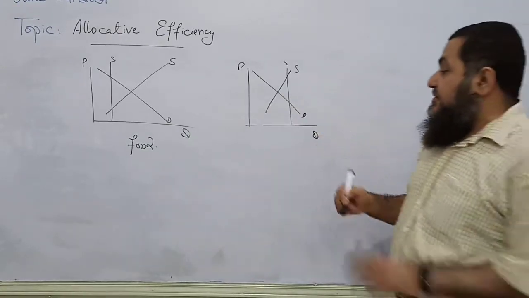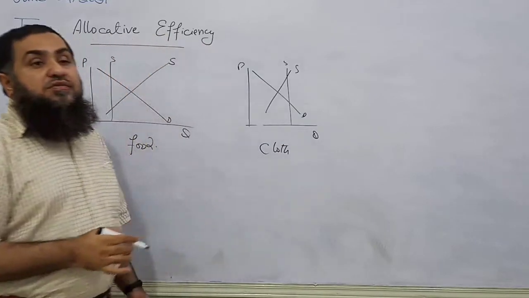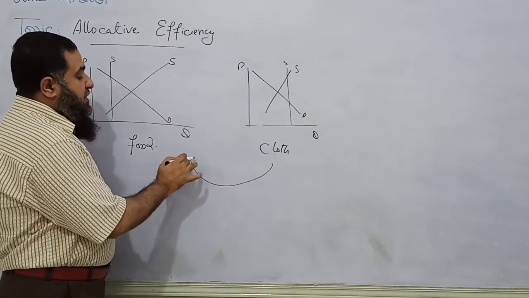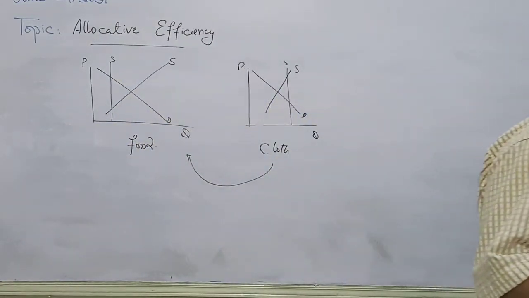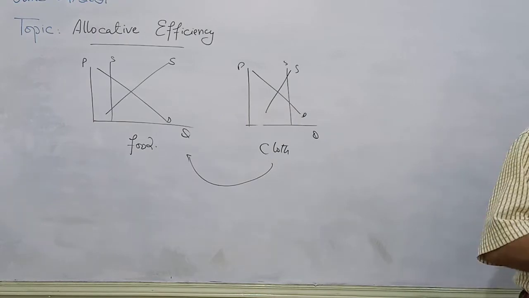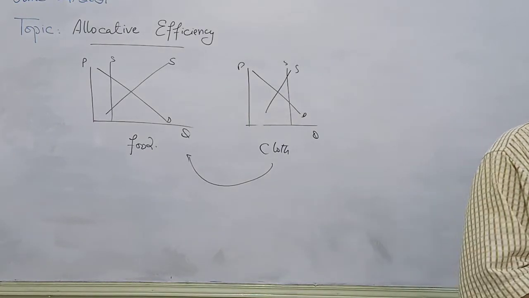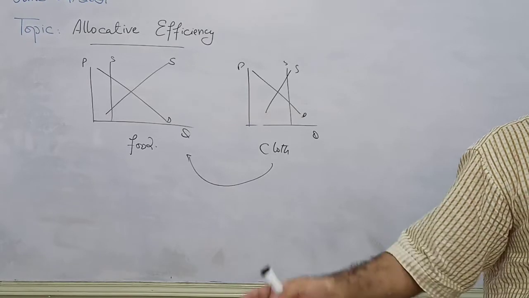Resources are reallocated from the production of clothes to the production of food items. So when resources are reallocated, we can find that both markets will reach an equilibrium condition. So whenever we find that market forces are not clearing, whatever the demands by the consumers are not supplied by the producers in the right quantity, there can be a disequilibrium condition and market forces will not achieve allocative efficiency. Either there is going to be overproduction or underproduction.